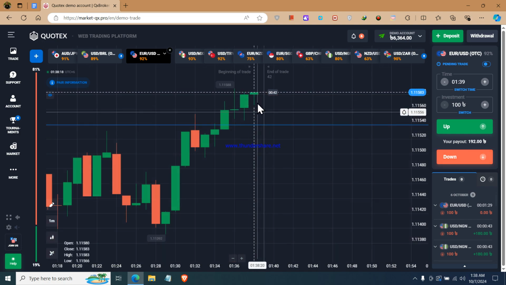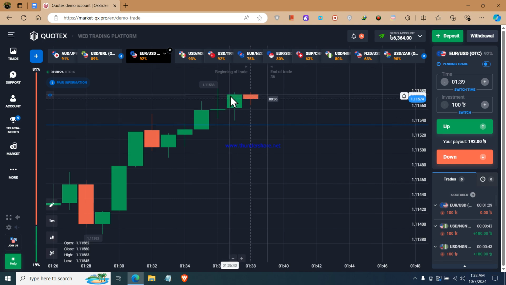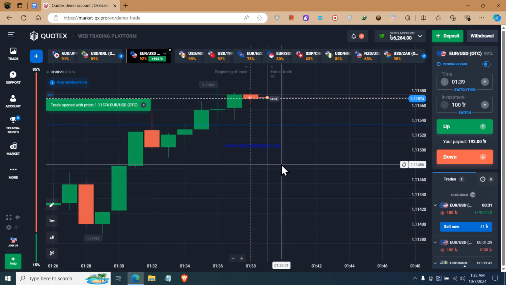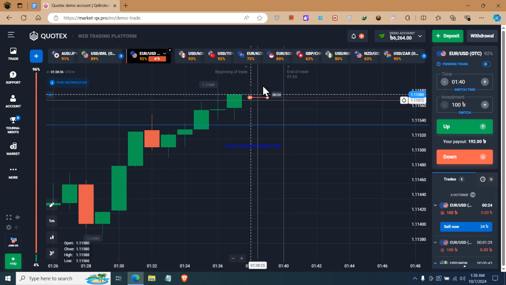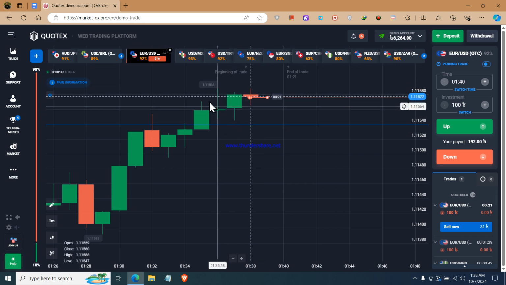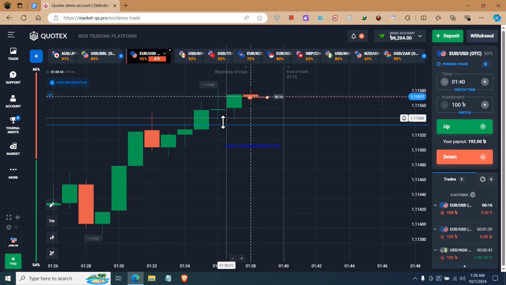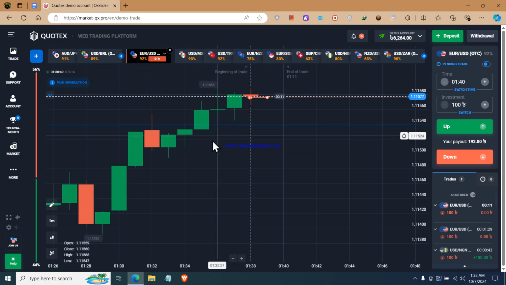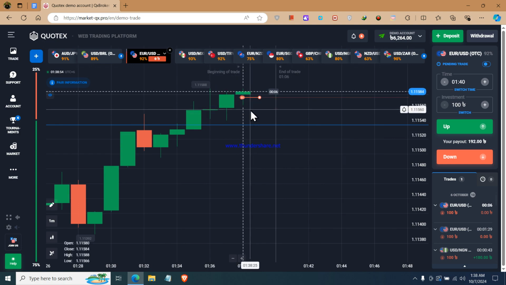I'm not really sure if I should trade on this candle because the buyers are making a new low and this candle is becoming a green candle at the last moment. Okay, I placed my trade here for the down option, but it is still an unsure trade because buyers are continuing. After becoming weak, the buyers made another big candle and they're making a new low, but still they're continuing. You can see the buyers' entry, so it's not a sure trade. Okay, it's an unsure trade.